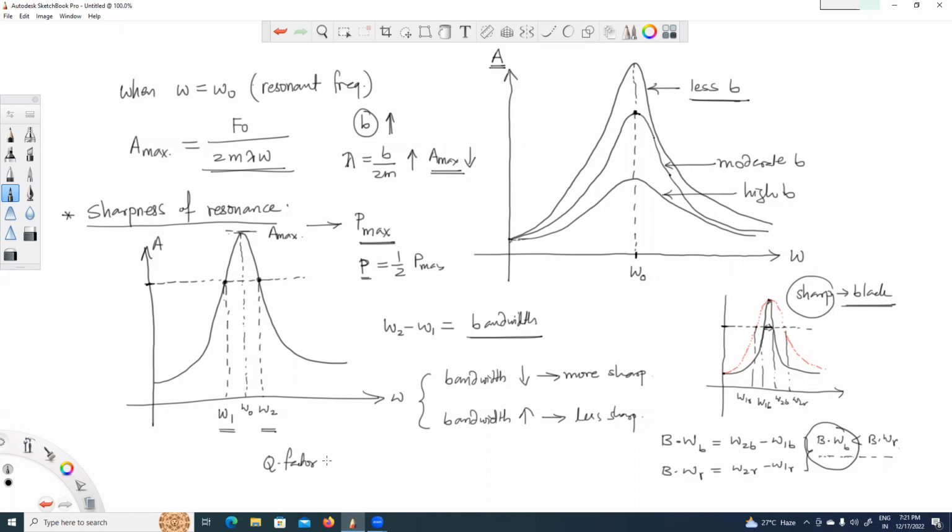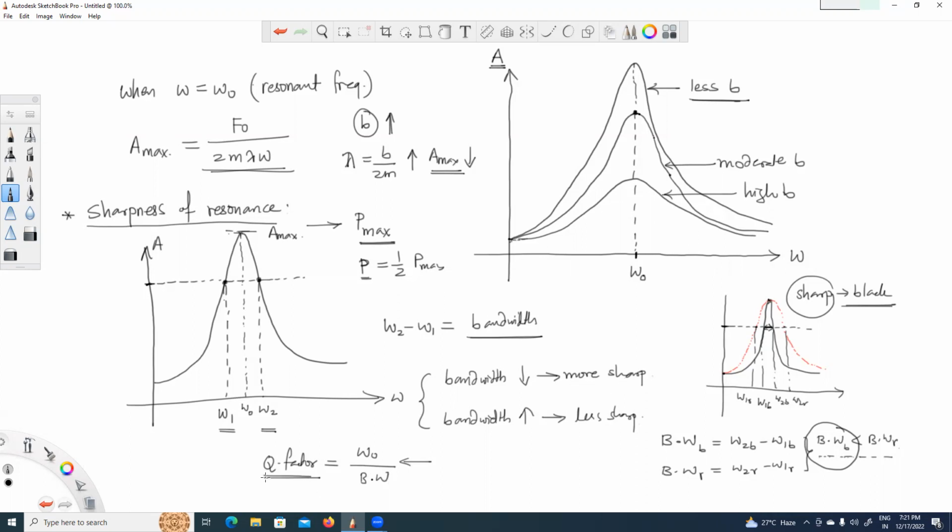This Q factor is nothing but omega naught, which is the natural frequency, divided by the bandwidth. All right, so by this ratio, if your bandwidth is less, the Q factor will be more and sharpness will be more. So now you are able to quantify the sharpness of the resonance through this Q